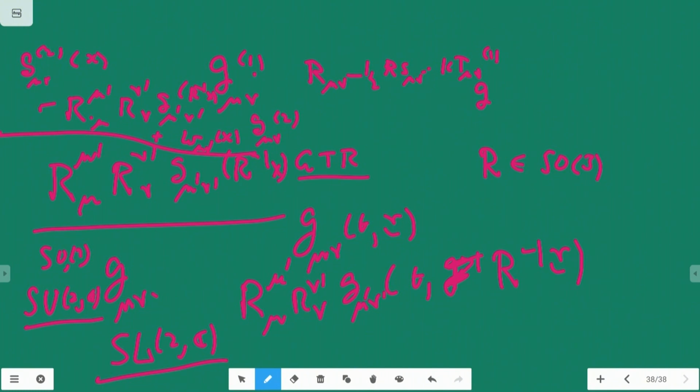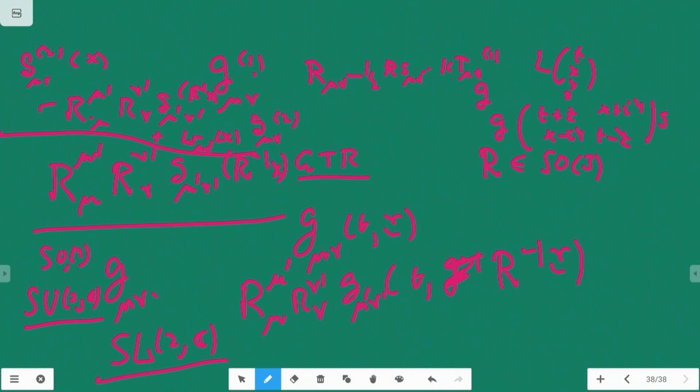The difficulty will come when C is replaced by R, SL2R or SLNR, then you have to use additional representations like the discrete series of Harish-Chandra and so on, and it becomes a more complex problem. But for our purposes, it suffices to use the finite dimensional representations of SL2C, because a Lorentz transformation acts on T, X, Y and Z. Instead you can look at it as an SL2C element G acting on the matrix with entries T plus Z, T minus Z, X plus IY, X minus IY, as G times this matrix times G star,